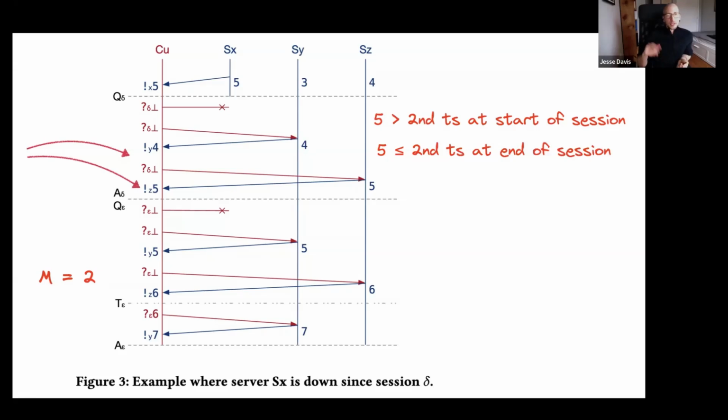It also knows that 5 is less than or equal to the second smallest timestamp at the end of the session, because both X and Z now have timestamps that are at least 5. X returned 5 sometime in the past, Z returned 5 in this session. We know that their current states are at least 5. So the two facts that theorem 1 relies on are both true. So the client can pick 5 without even talking to server X.